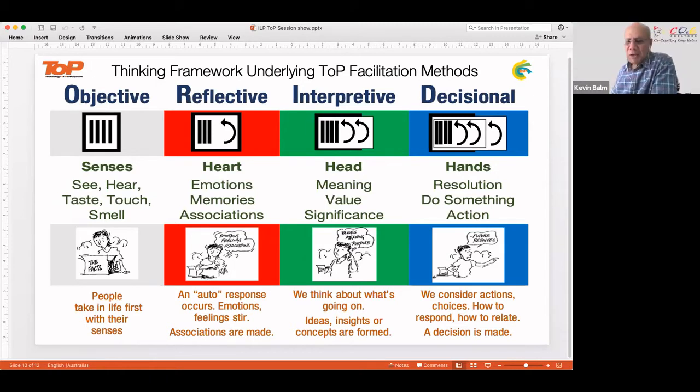Like all things human, socialization creates preferences, and what otherwise would be an efficient and effective process or structure becomes dysfunctional. So one of the things I often find as I'm beginning to facilitate, some of the participant group might be at the data level, the objective level, while simultaneously someone else is at the interpretive, while simultaneously someone else is at the reflective, and a manager or whoever might be at the decisional, just wants to get the decision made and go implement it.